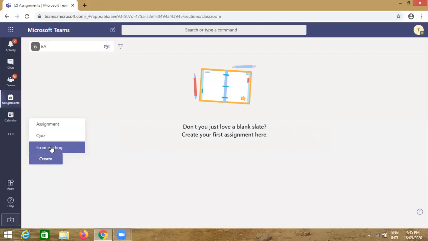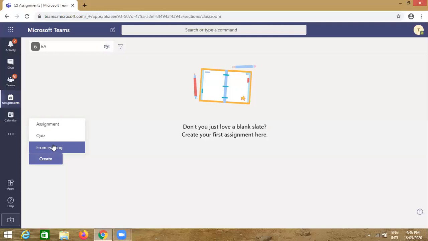Third one is from existing. Means if a teacher is teaching the same subject to more than one class, then the assignments can be shared from one class to another class. This is from existing, means for that purpose.